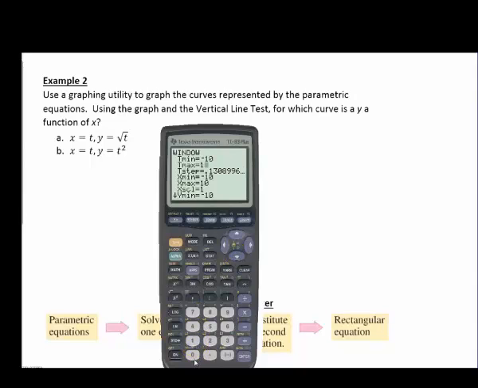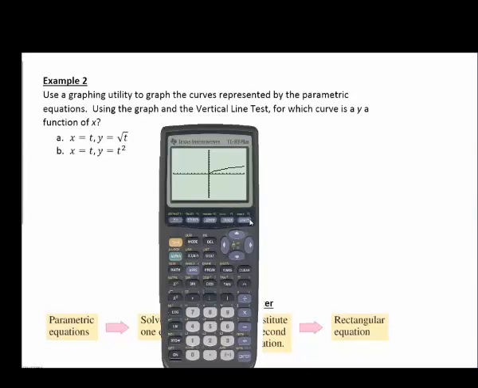So we're going to make our t maximum 10. I'll make my t step 1. I'm going to leave my x minimum and maximum as -10, 10, and then scales 1, and I'm going to leave all of those things the same. So if yours aren't the same, you can make them the same. And so then we can go ahead and hit the graph button, and notice that it looks like a radical